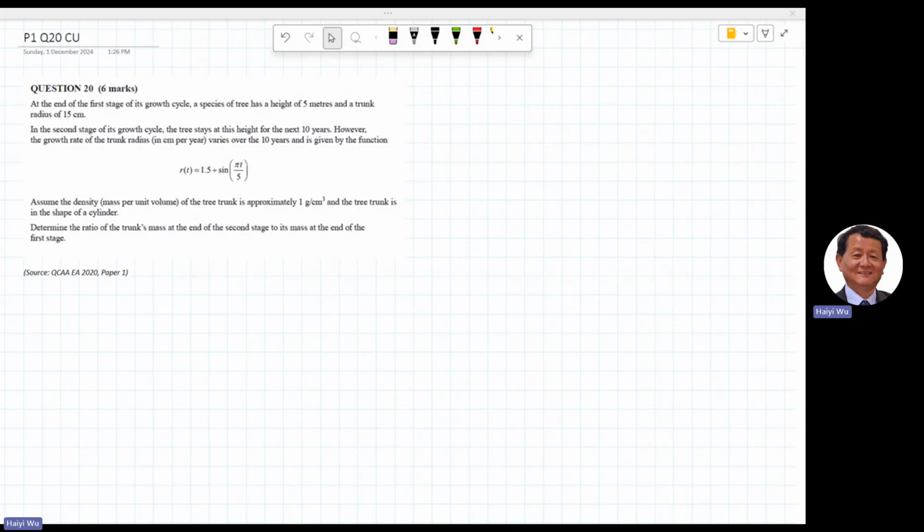Okay, today we're going to do question 20 on the QCAA External Assessment Paper 2020, Paper 1. This question is complex, unfamiliar. We have two stages of the tree to grow. The tree's shape is a cylinder. First stage, stage 1, it is